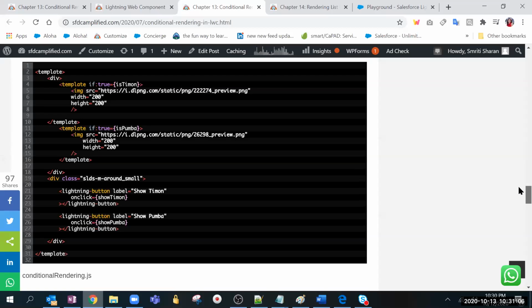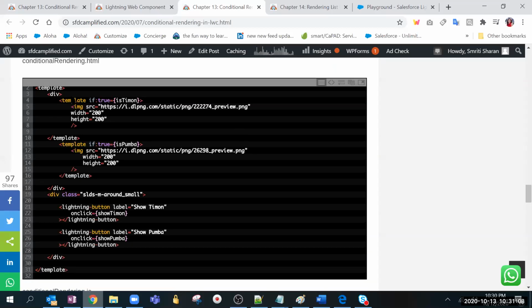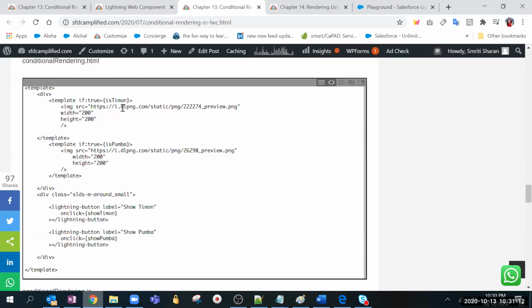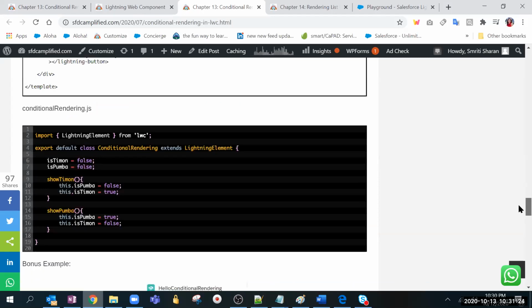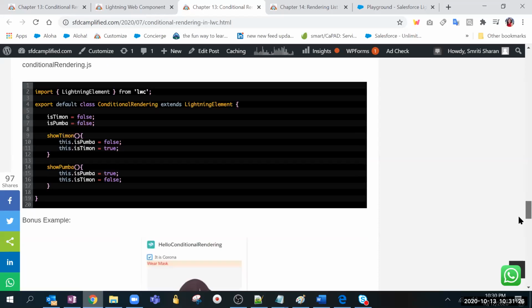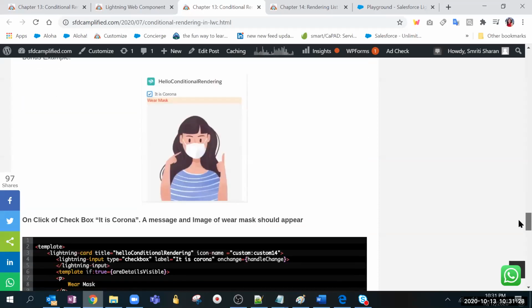So see, in this one, what you observe, there are two template if true. If it is Timon, then show this image. If it is Pumbaa, then show this image. So you can have multiple template if true. And based on that, you can show a particular image or whatever you want to show. So after the session, you can just try that out. And then again, go ahead.